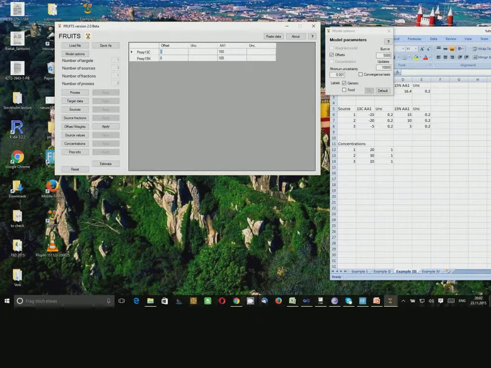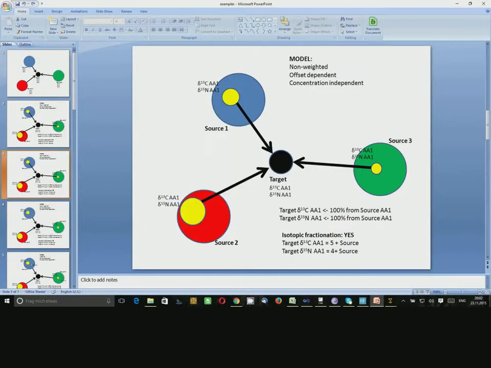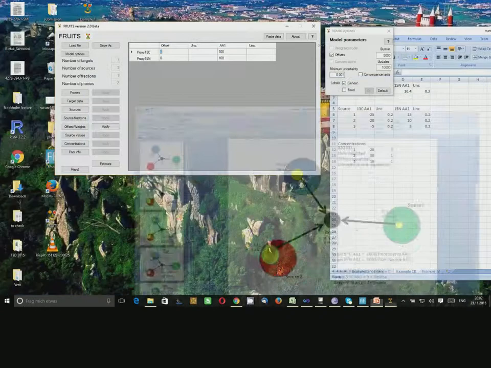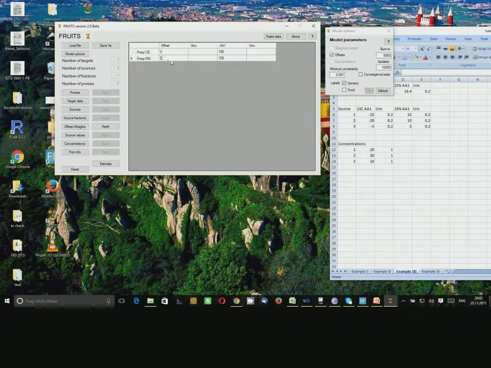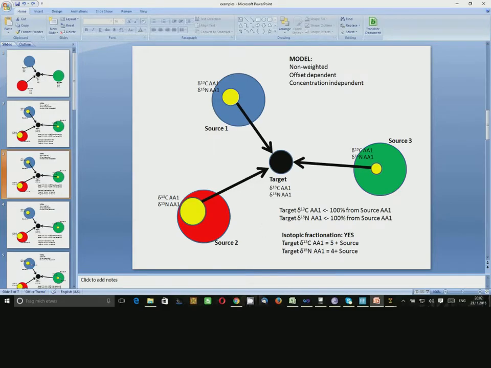So we can actually take the values that we mentioned before, so that's a 5 and a 4, and plug them in, and let's give them 0.1 uncertainty, Control V, and apply. So now it's offset dependent. Coming back to the model,